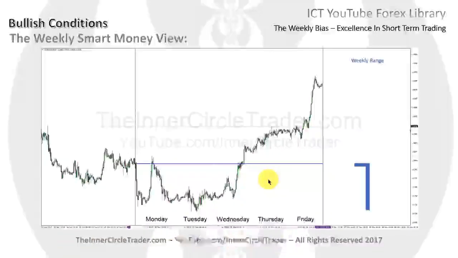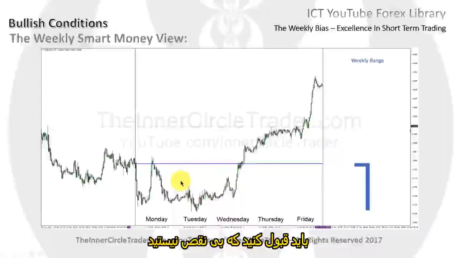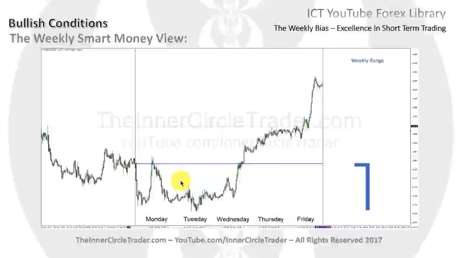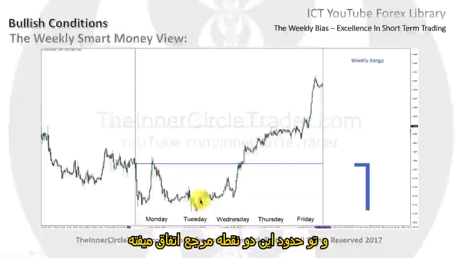That's going to happen. It's happened to me many, many times, and it does not undo the effectiveness or the validity behind the setup. There's going to be an imperfection in your trading, so you have to permit that, okay? But if we're looking for the low to form on Tuesday or Wednesday, what we're simply looking for is a new low on the week, preferably on Tuesday's London Open or Wednesday's New York Open, okay, between these two reference